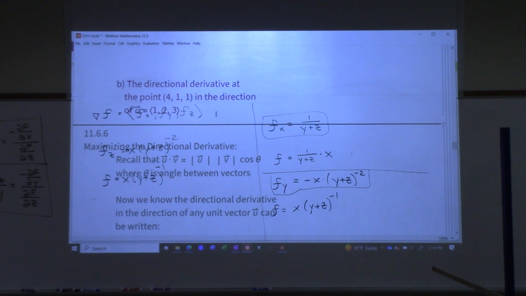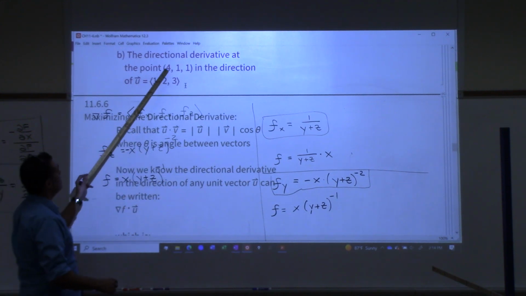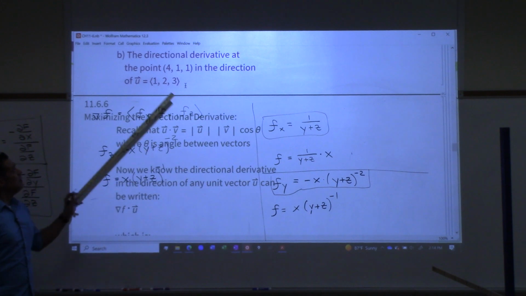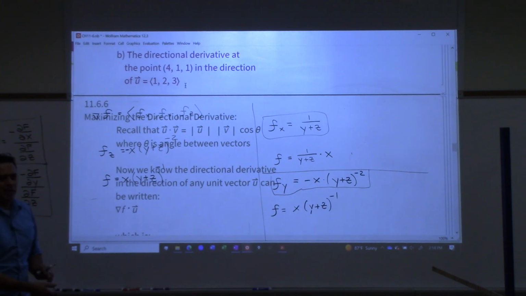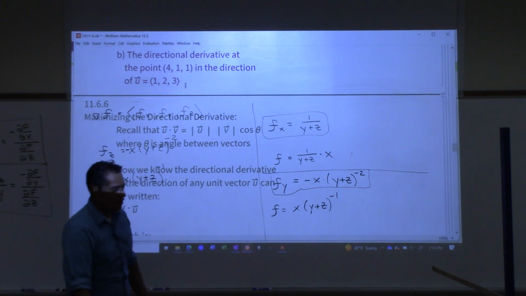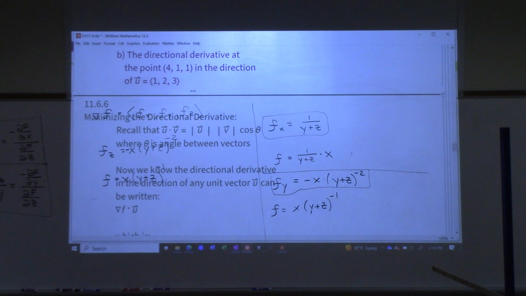Part B says to find the directional derivative at the point 4, 1, 1 in the direction of the vector u equals 1, 2, 3. So now I've given you an x, y, z, right? X, y, z. And I've given you a vector. So we're just going to use the formula? Yeah. We use formula? What? Unit vector. Needs to be a unit vector. You've got to make sure that's a unit vector, which it's not. So you have to scale it and